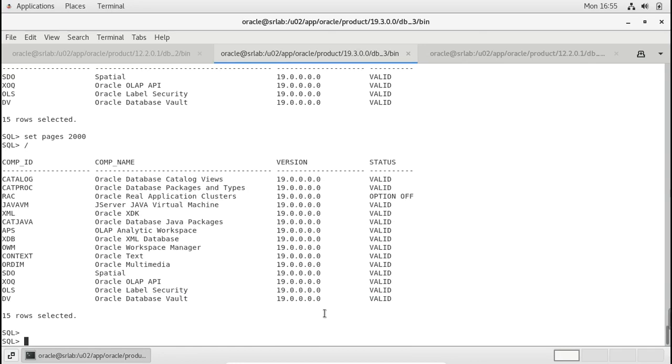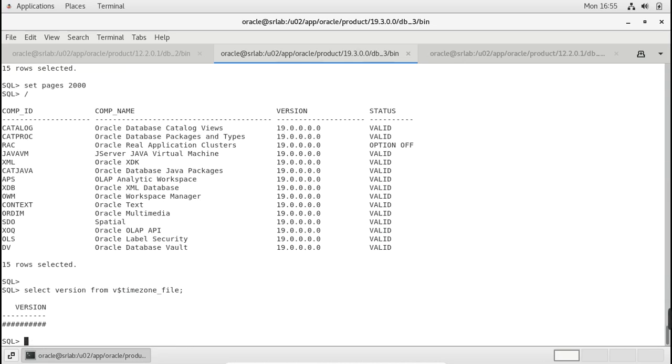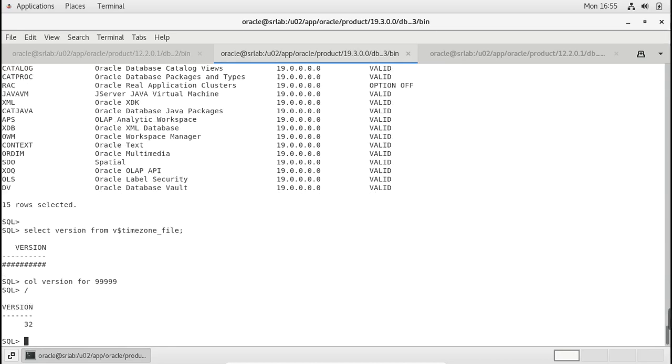I have checked, and also the time zone file. Here the time zone file version is 32, and also the DB size.